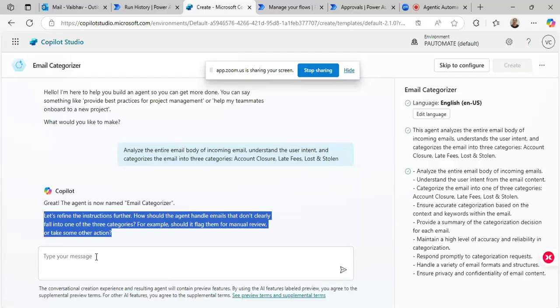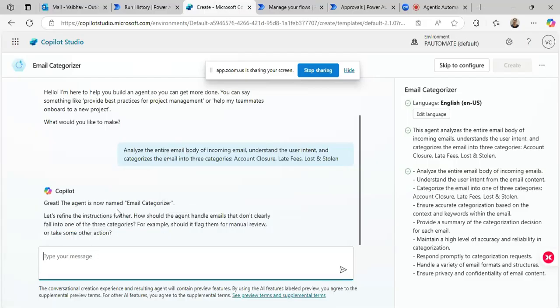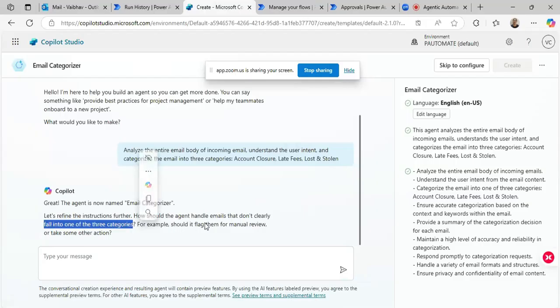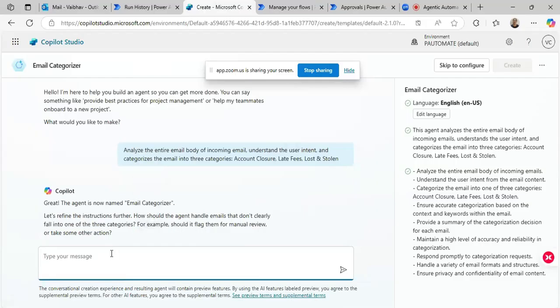Suppose I don't want to respond to all those things, I can simply go ahead and we can start building our agent. Okay, let's refine the instruction. How do you want to handle emails that do not clearly fall into one of these categories? For example, it should flag them. So I will say yes,